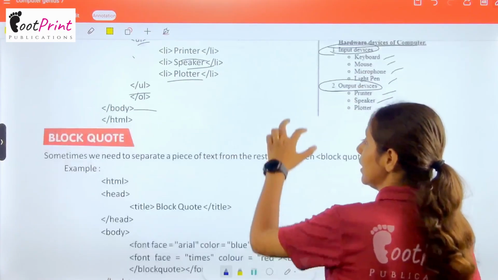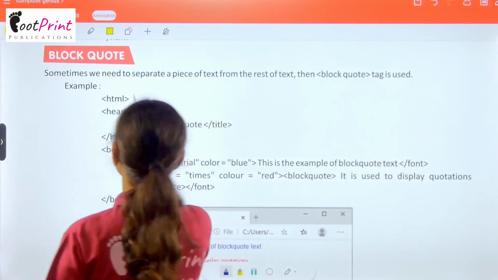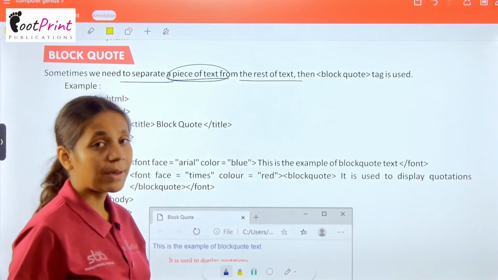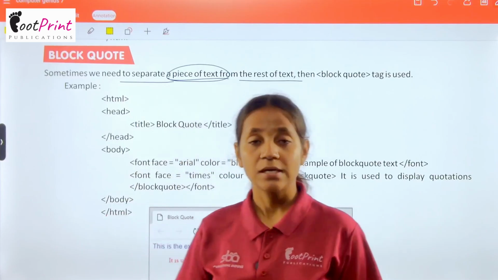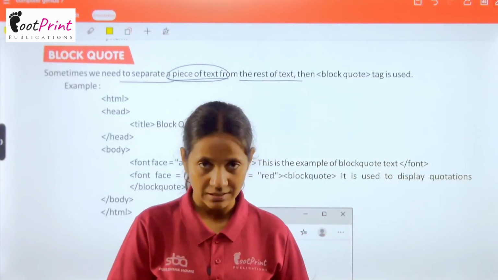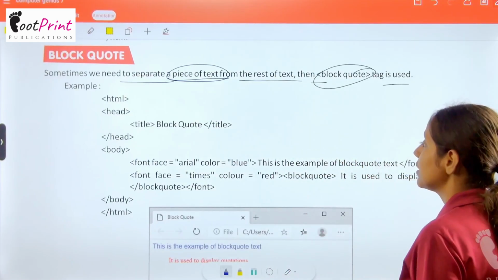Okay, now we have blockquote. Now what is blockquote? Sometimes we need to separate a piece of text from the rest of the text. कई बार क्या होता है हमारे पास एक piece of text है, ओके, जिसको हम जो नॉर्मल टेक्स्ट है उससे थोड़ा सा सेपरेट करना चाहते हैं, साइड करना चाहते हैं, then blockquote tag is used. तो हम blockquote